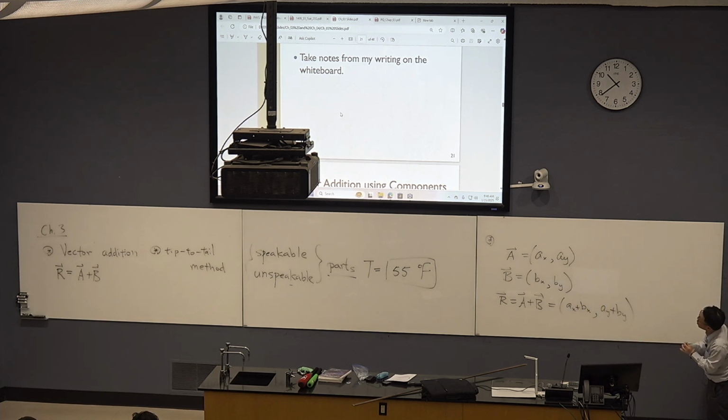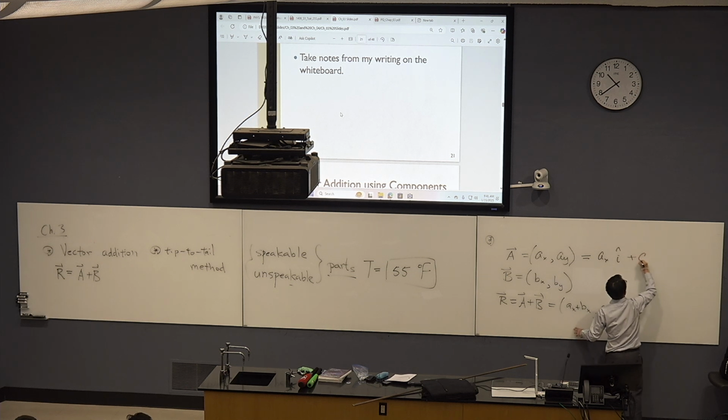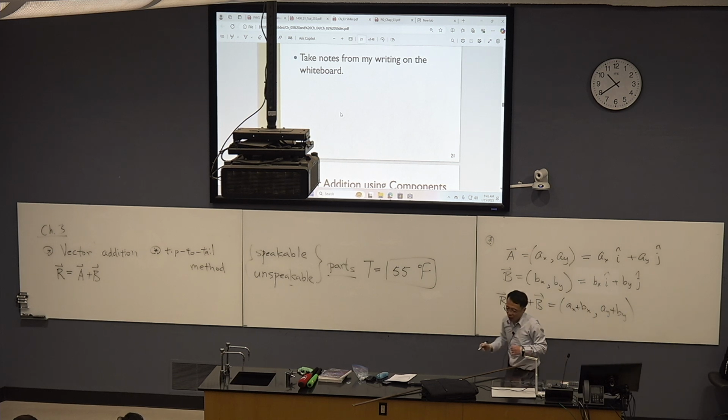But now what I need to tell you is, in this course, we are using a different notation. So those are high school notation, but now we are going to use this notation. We are going to represent this A as AX times i hat plus AY times j hat. And this vector B here, we're going to represent it as BX times i hat plus BY times j hat. Okay? So we have these 2 vectors, and what's the meaning of such kind of decomposition of vectors? Say, I write A as this, B as this. What did I really mean?